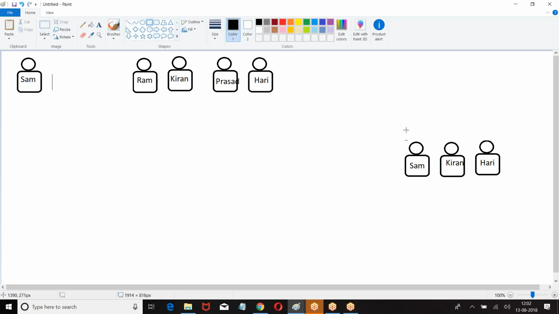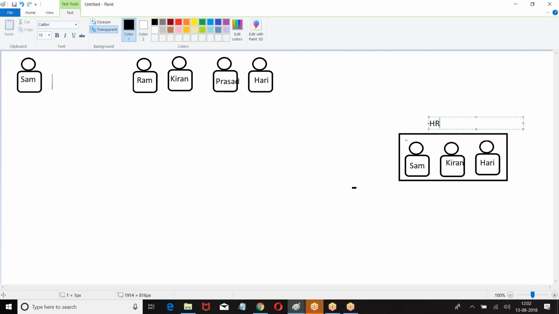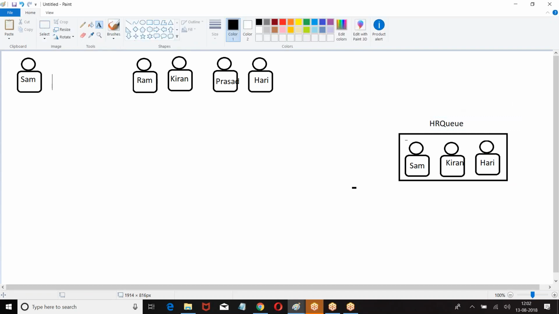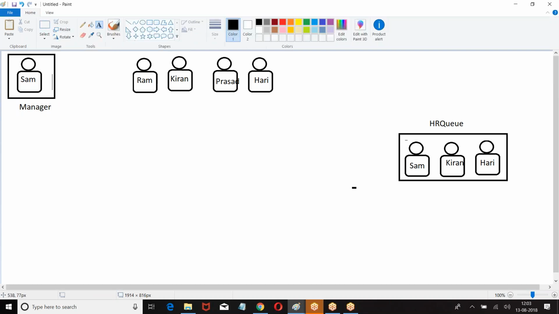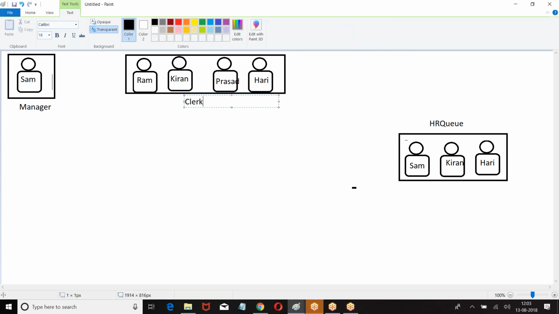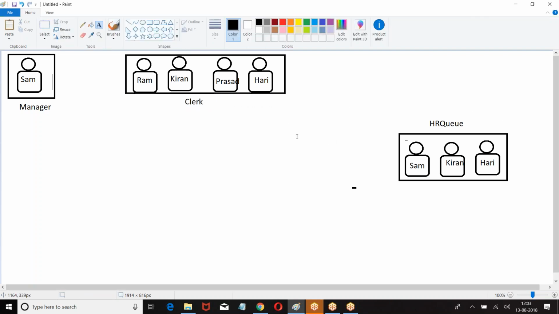Listen carefully. I told you a task can be assigned to an owner, or a role, or a user. This person has the role of manager. This person has the role of clerk. And this is a queue.